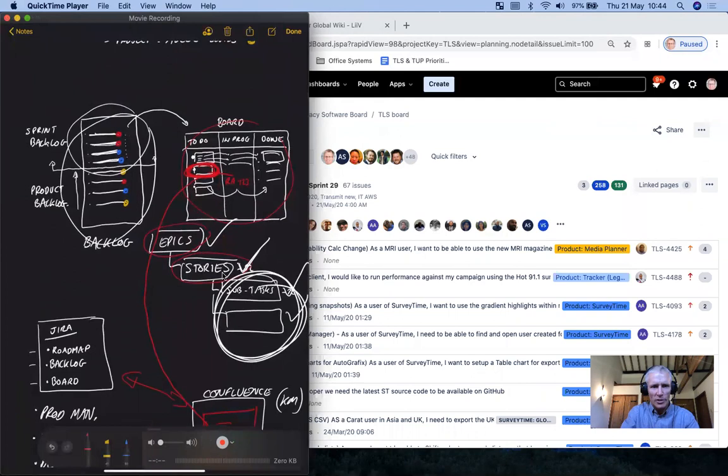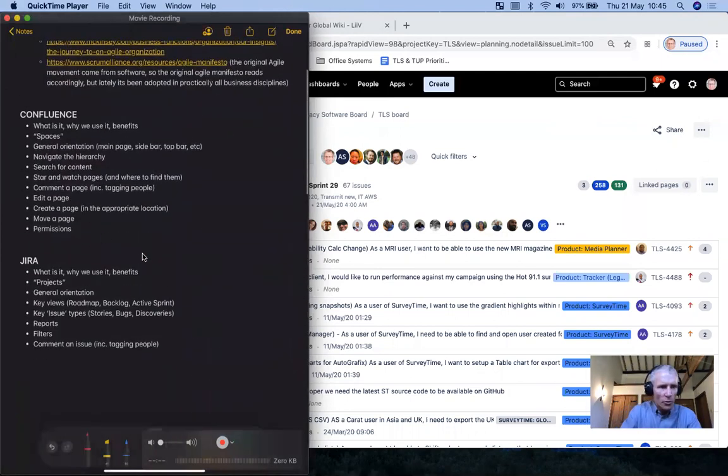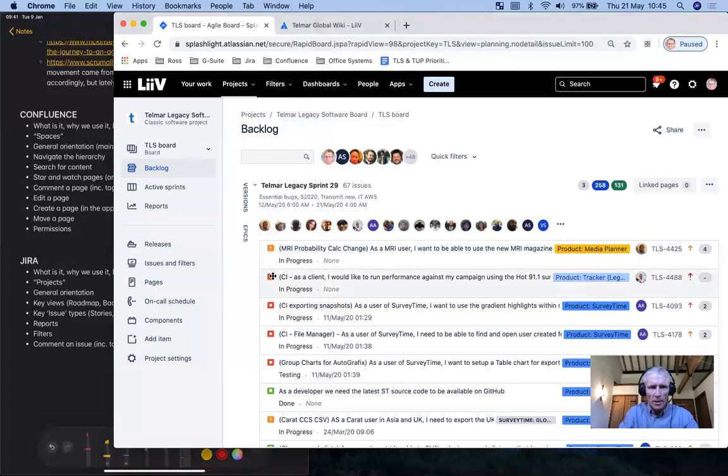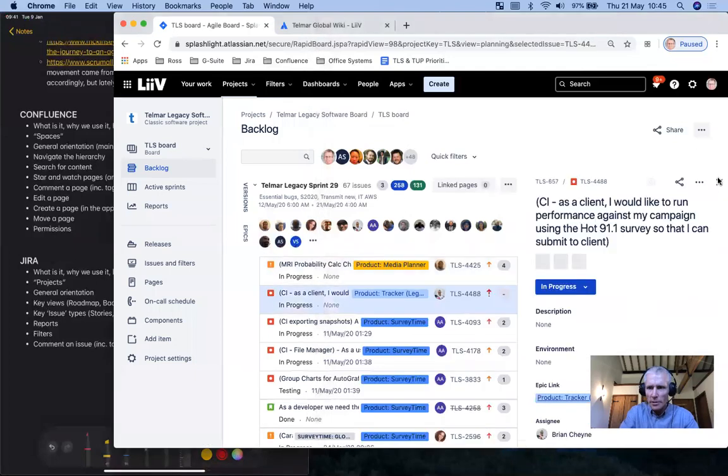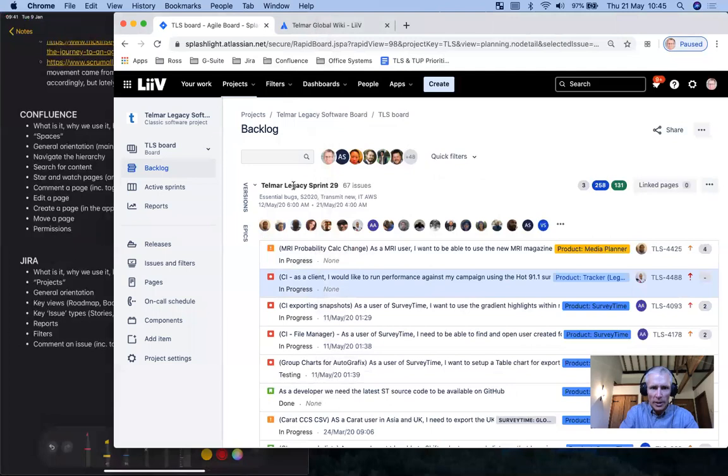And stories can have multiple types. So we've chosen to create multiple types of stories. So when I say we want to look at the main issue types, I'll tell you what they are. Let's hover over these. Looking at the current sprint, we've got some what are called discoveries. So this little orange exclamation mark is a discovery. It's a piece of research or learning work. We've got bugs, which I think are self-explanatory. And we've got what we just call stories.